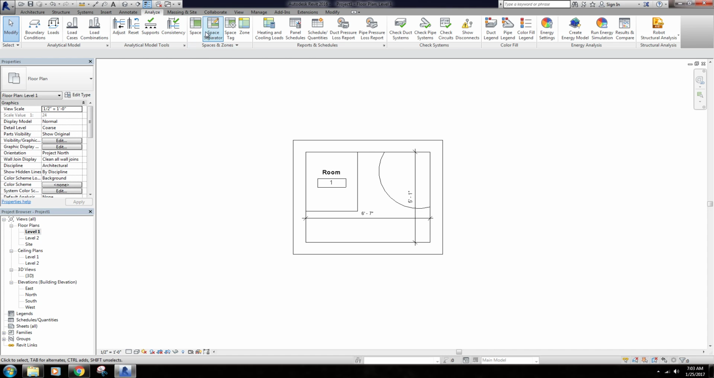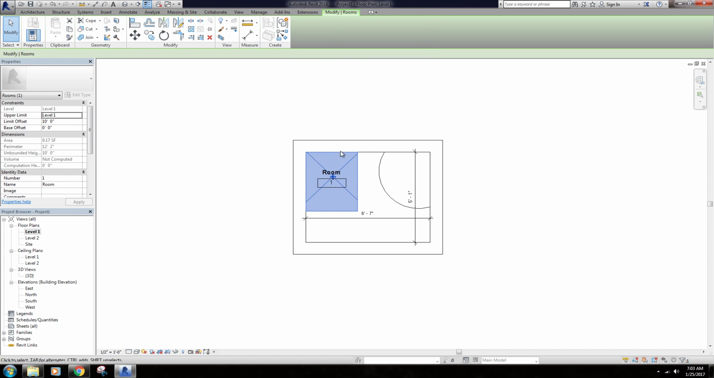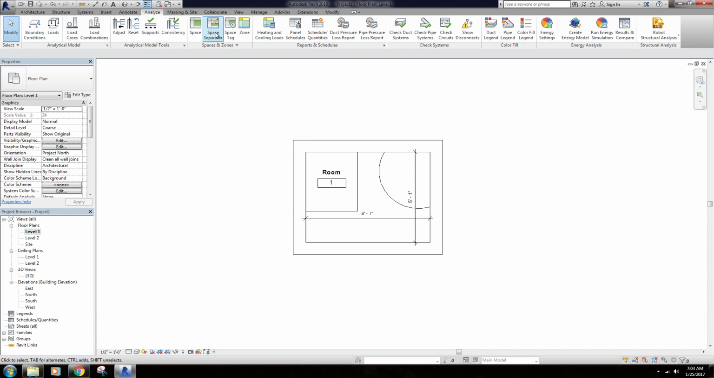Space separators, space zones, this is similar to the rooms idea. Rooms are essentially just a 2D element, so this shows this sort of thing, but it can also calculate volume if you want it to. But spaces do